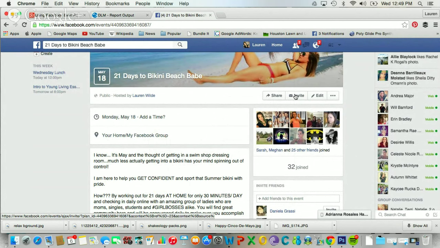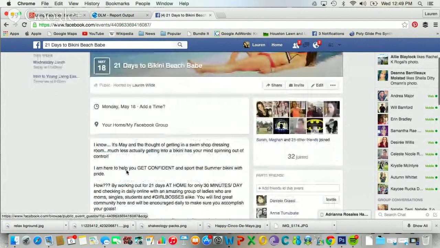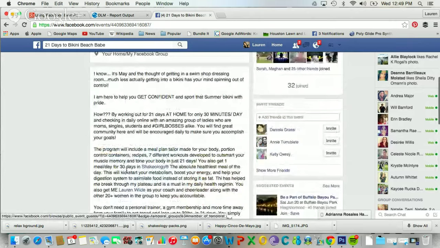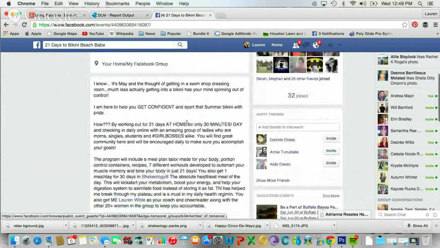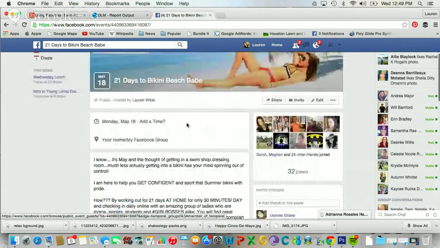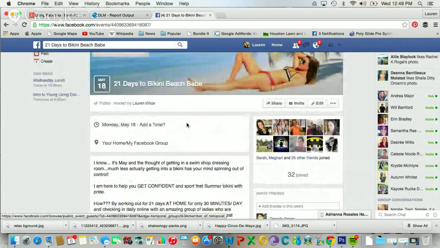So you also want to have all of this information, all of these words and links and everything, in, let's say, a Word document. And you want to copy and paste that the minute you open this group, because that's going to go out and you want people to read that if they're looking at it that second. You also want to create this group